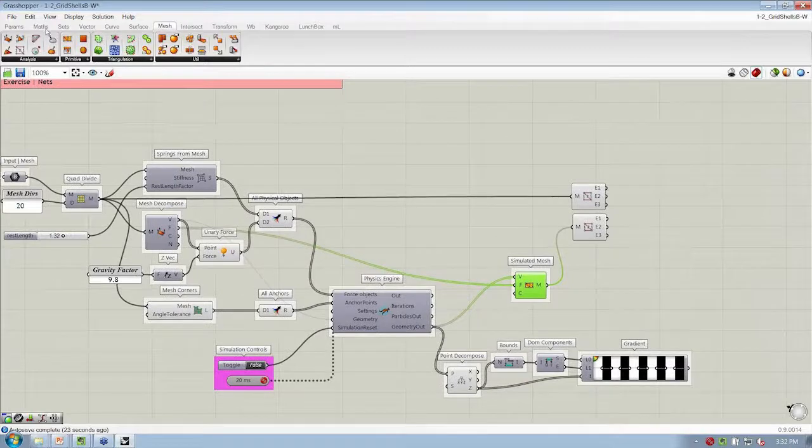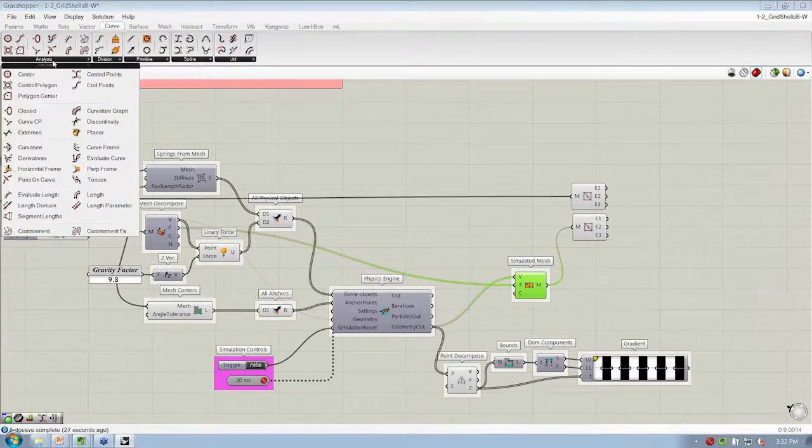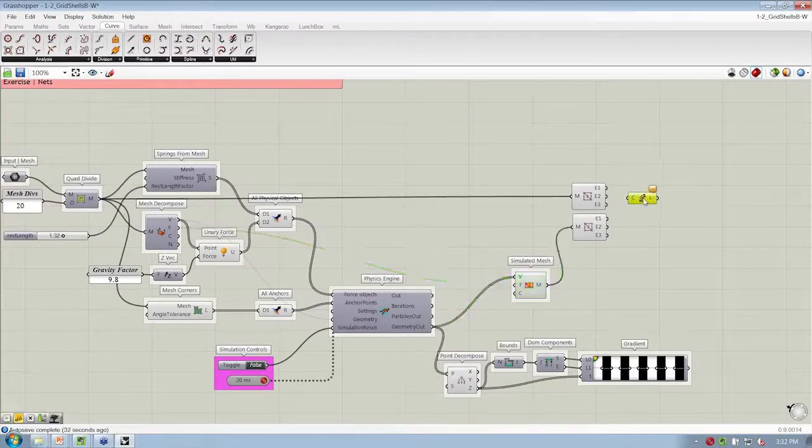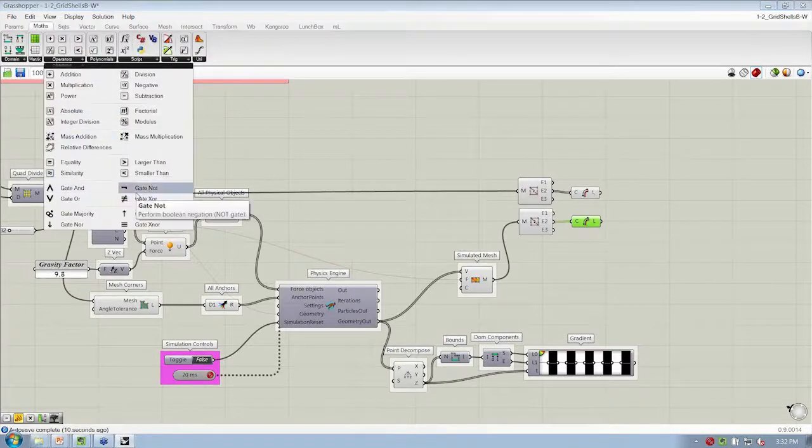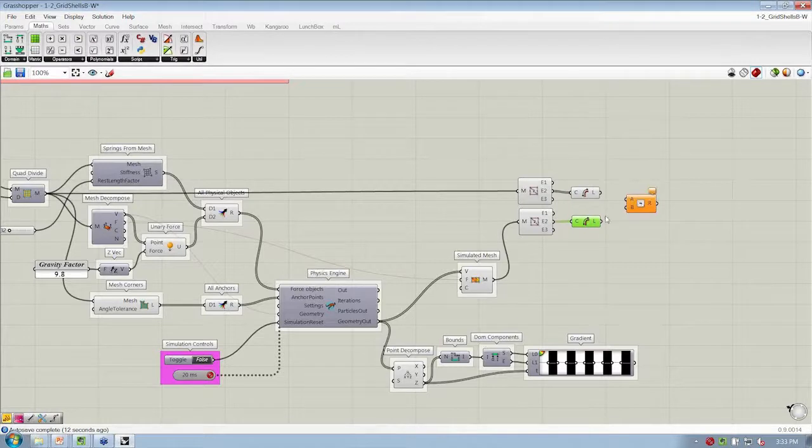So what we can do is get the length of each one of these edges for E2 by going to curve analysis, length, copy and paste. So this is the pre-simulated and this is the post-simulated. Let's just get the difference between them. That's under math operator subtraction. We'll subtract